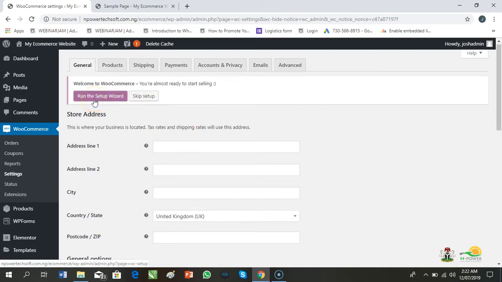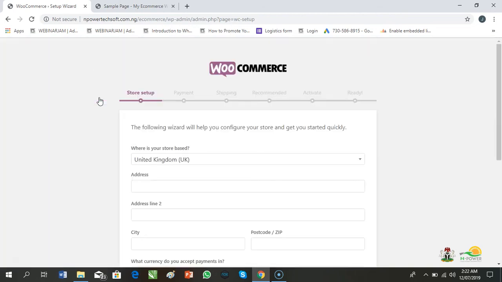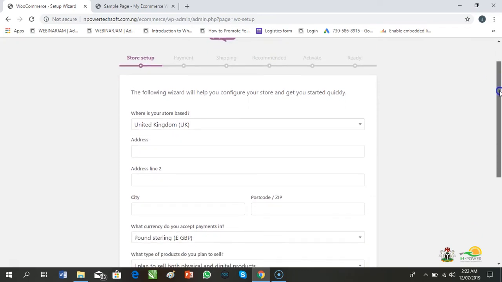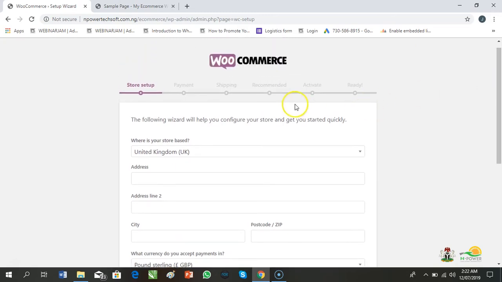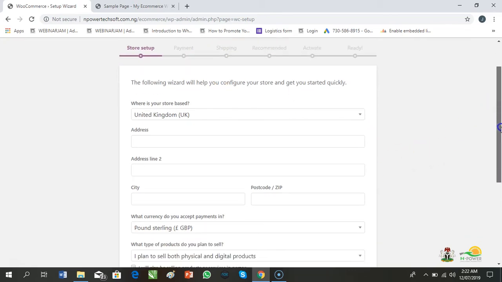So there are two ways. I can just do it like this, or I can run the setup wizard. Let's just run the setup wizard so that you can have a feel. So this is how the setup wizard looks. If you remember, we saw this page initially, but we took it back because we were just focused on how to activate all the plugins we had installed. But basically this is similar to what we had in the previous page. So from here I want us to start.